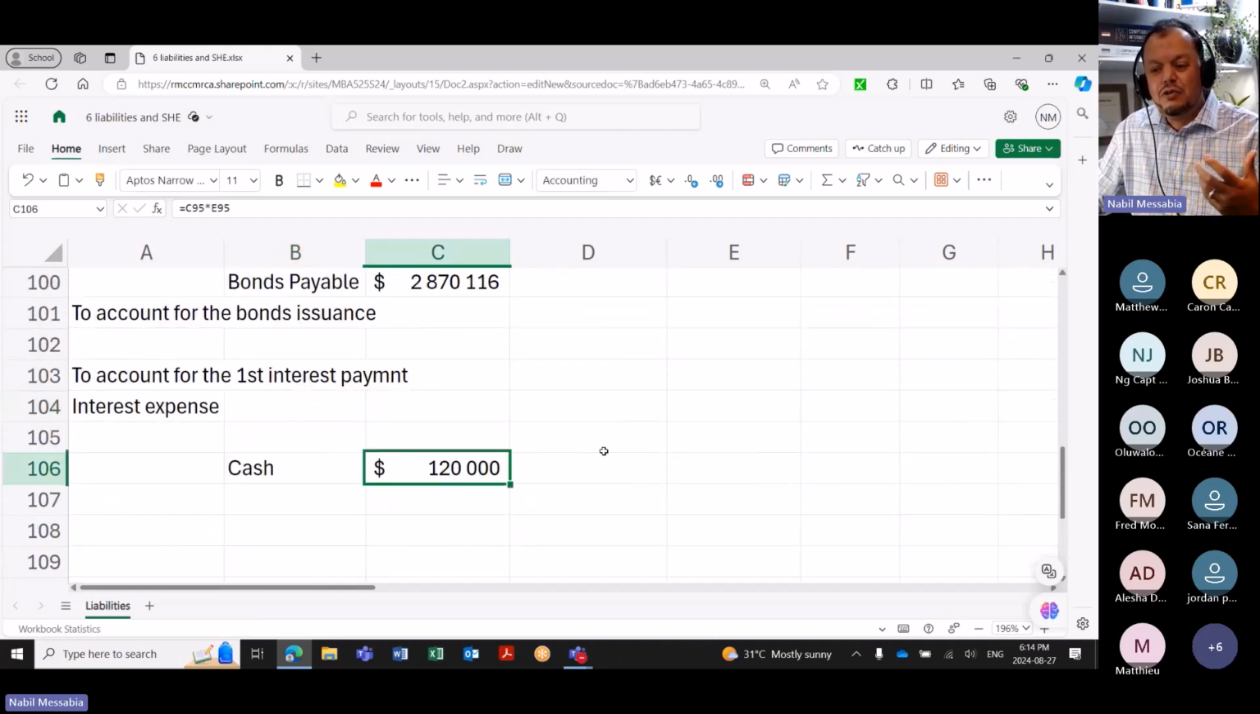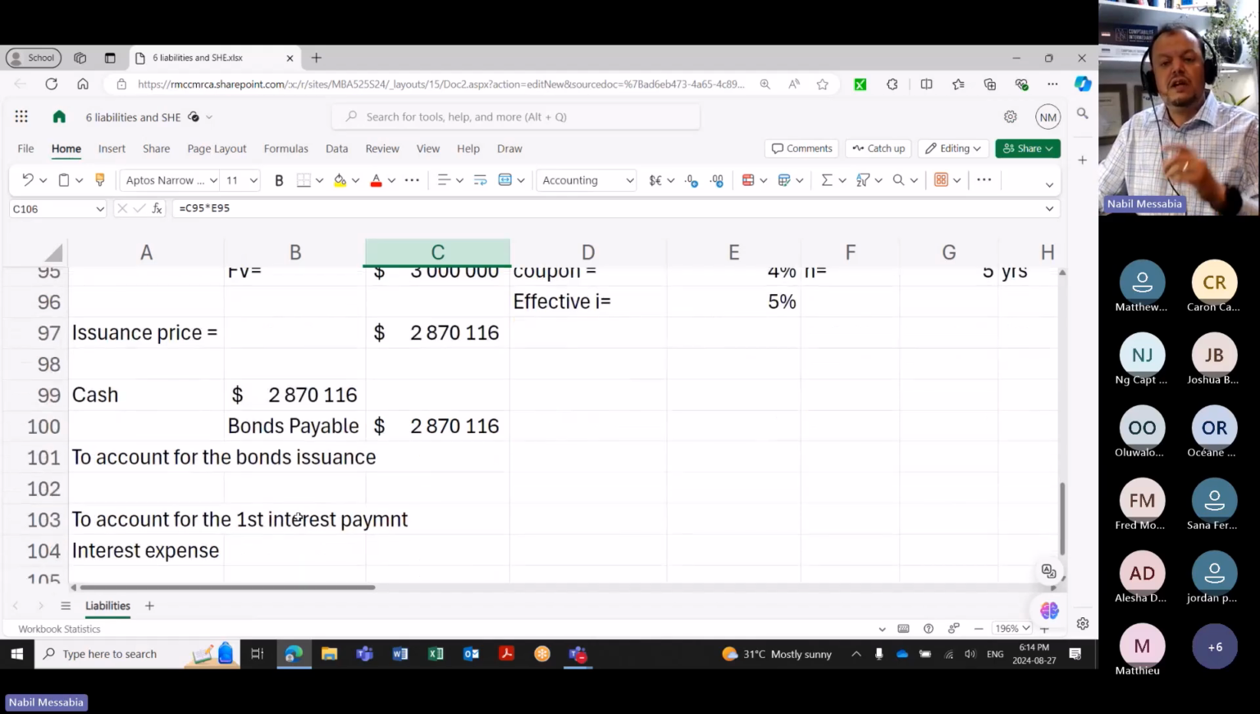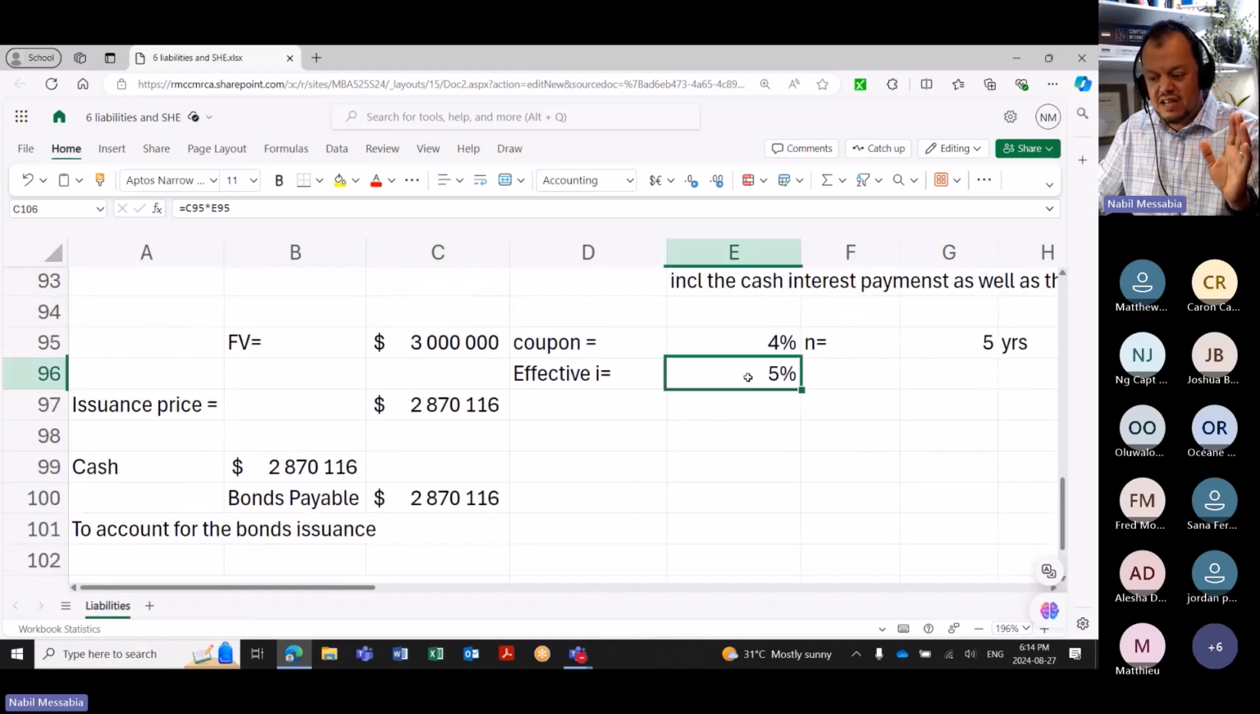No, do not forget that you have collected today 2,870,000 while you are going to reimburse 3 million. That is part of the cost also. That difference, that discount, is part of the cost. You cannot ignore it as if your cost from accounting perspective was only the $120,000 cash amount you pay. So that's why the way we calculate the interest expense from accounting perspective should be using the market rate, 5%,